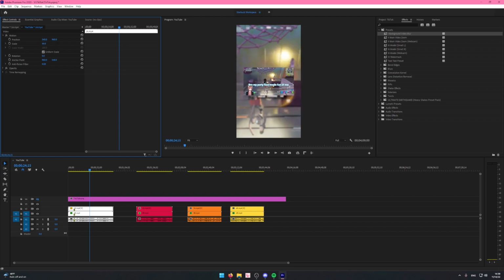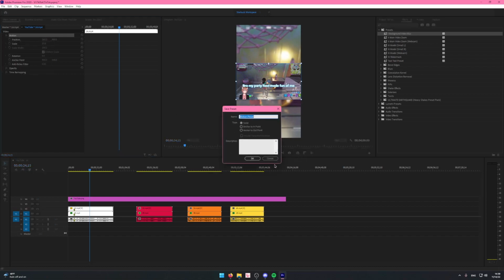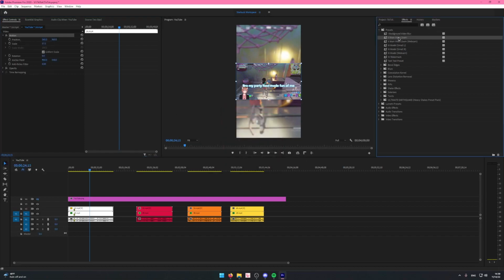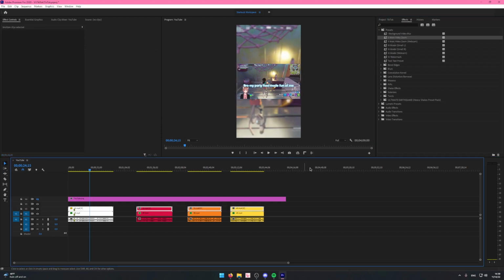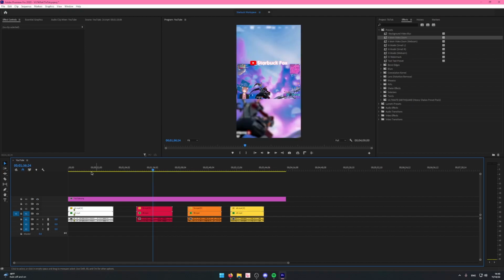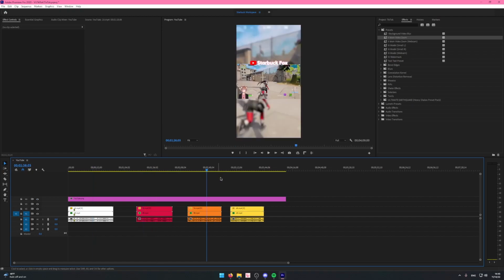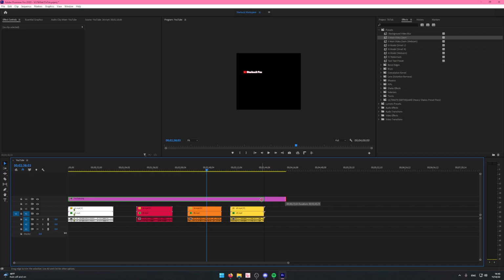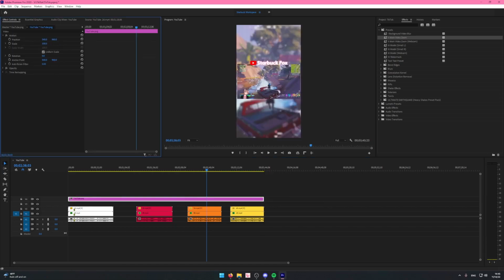Once you have this how you want it, you can just go ahead and right click, save preset, and then you can name this one whatever. I just named mine main video zoom, and then you can again select everything and drag the effect onto all the clips. Anyways, once you have these little clips done, what I recommend you do is you move your little watermark